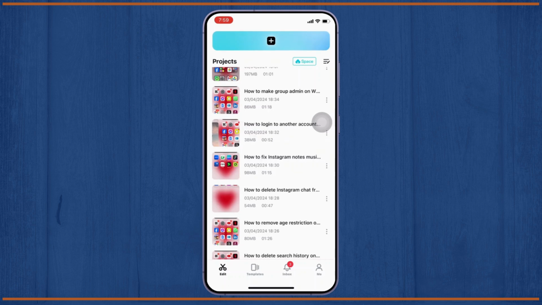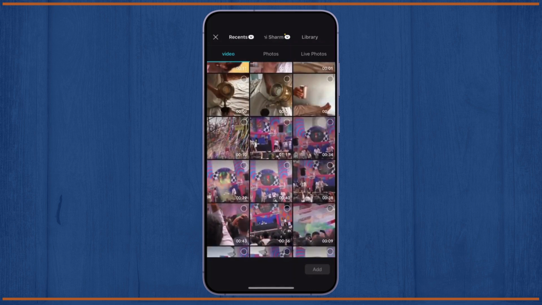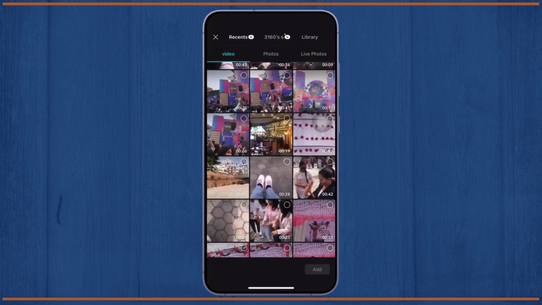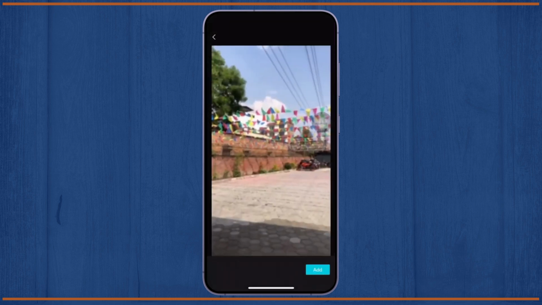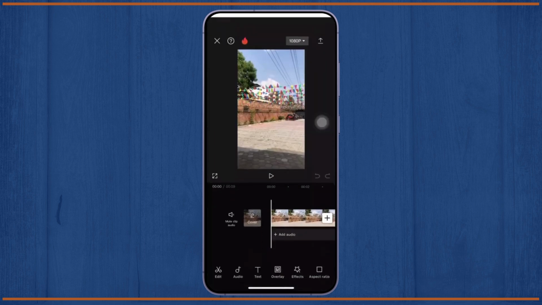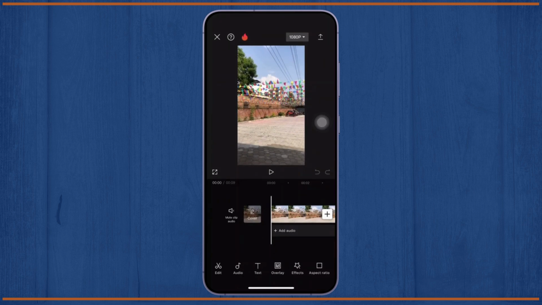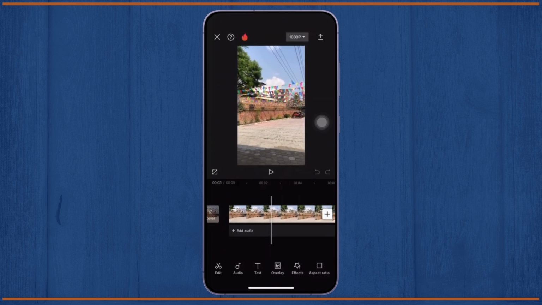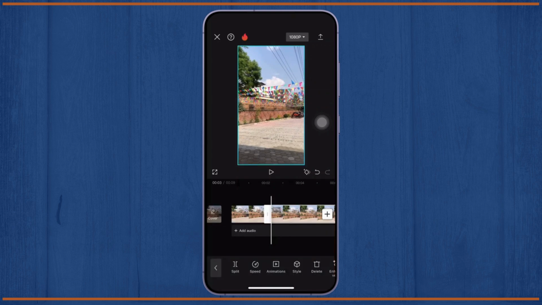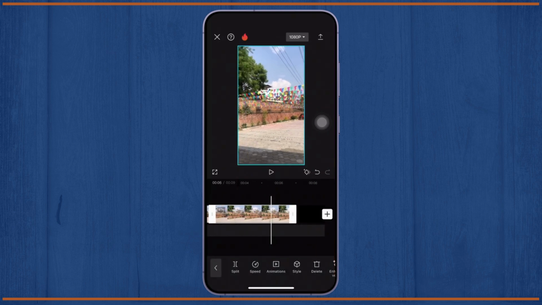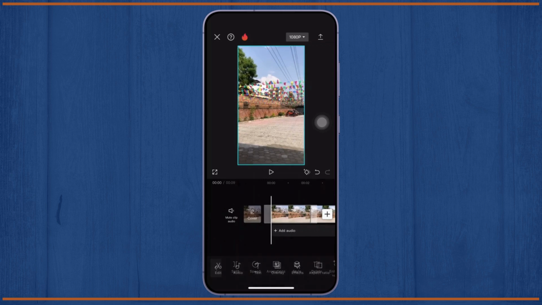Here, after creating a new project, we can simply choose any video that we like. Here I'm choosing this one, and after choosing we can simply cut the part that we want to copy. And here I am cutting this much part, and after cutting it we can simply see a lot of